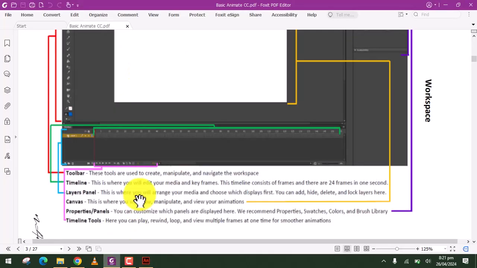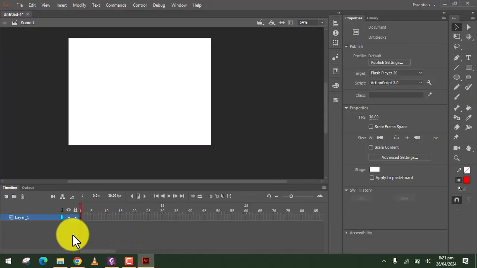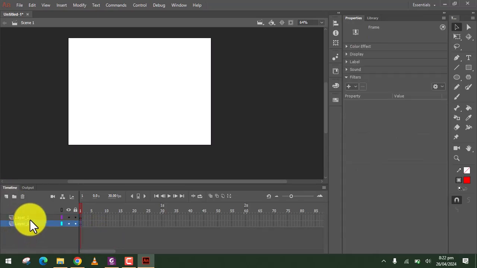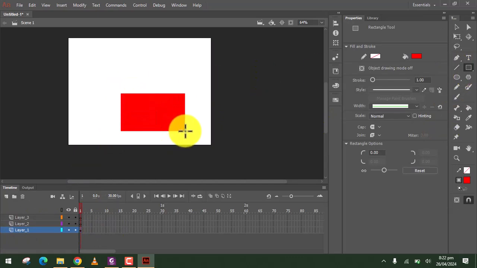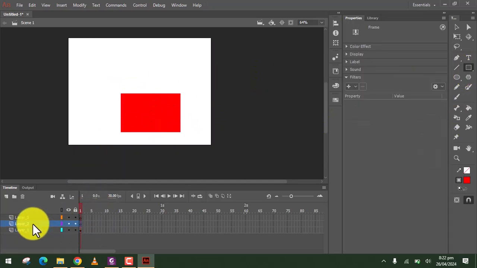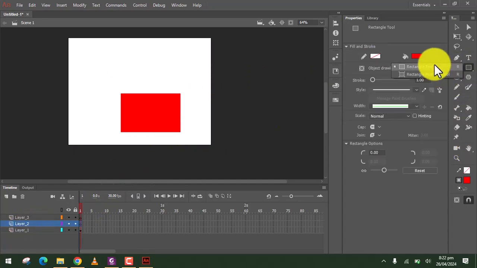Okay, so next one, after that we have the layer panel, which is the blue one here. If you're familiar with Photoshop, this will be easy for you. And layering is very important. We have layer 1, layer 2, and layer 3, something like that. For example, I'm gonna add the first layer, and add the color red. Then I click layer 2 and change the color to blue.